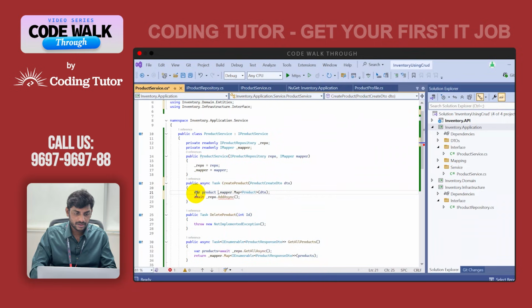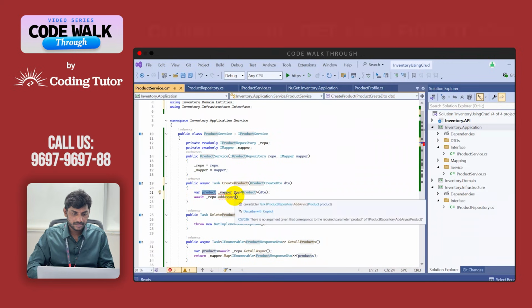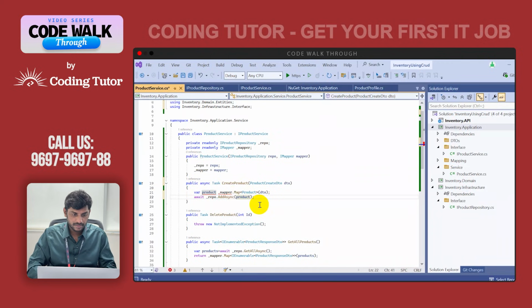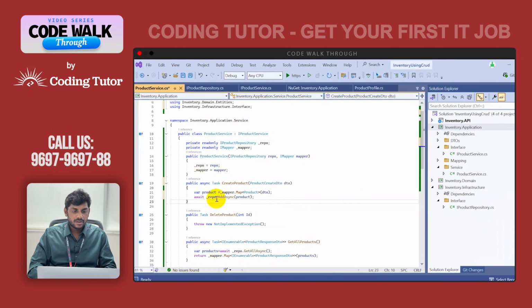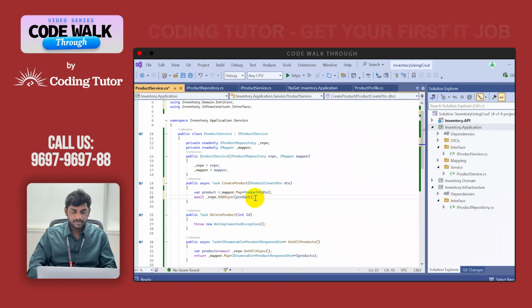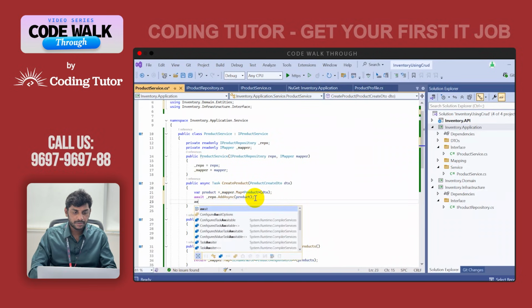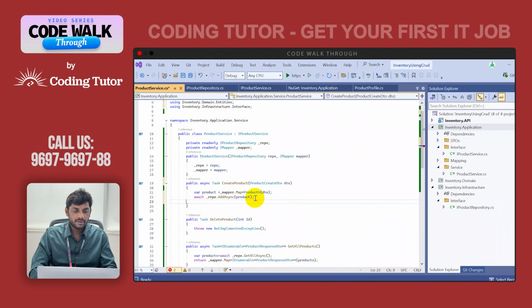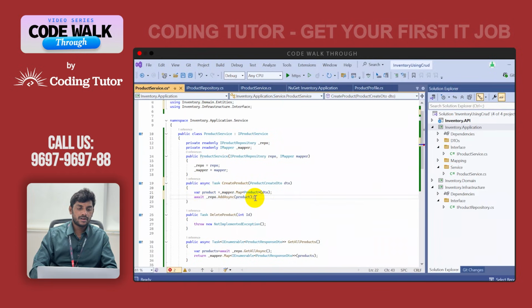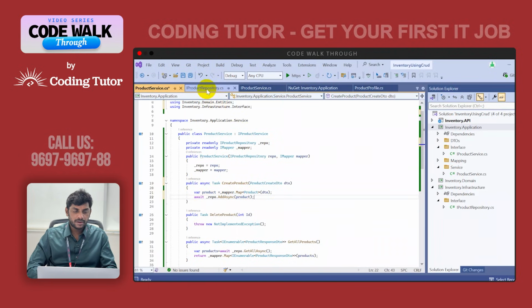Here product equal to, here we missed the product. After that we have to save whatever we added. For that we have to write one more